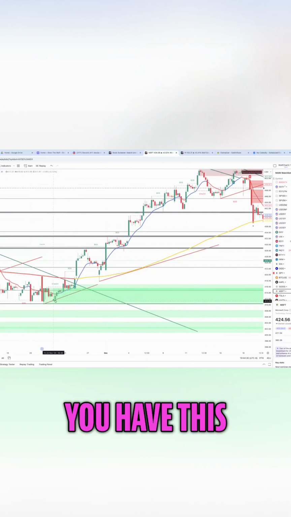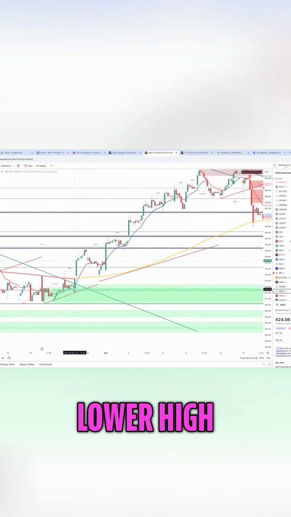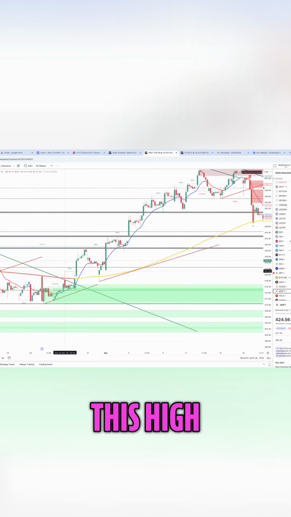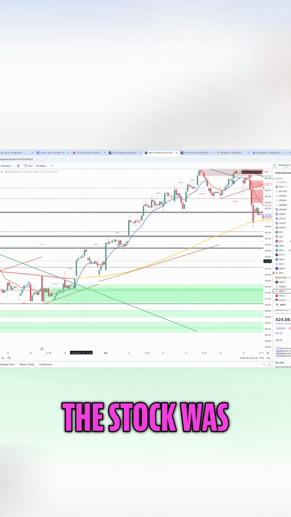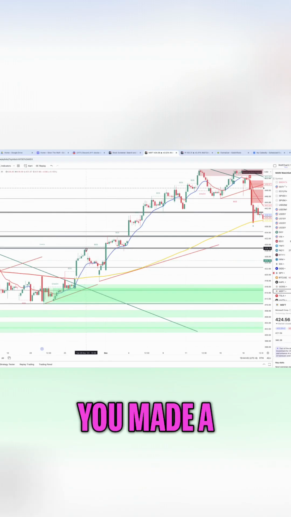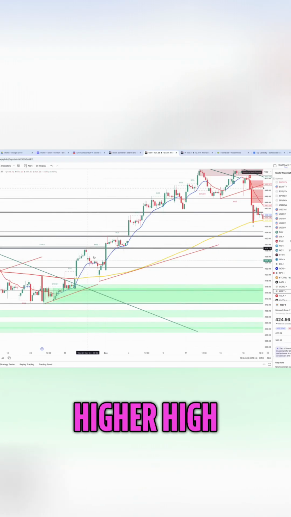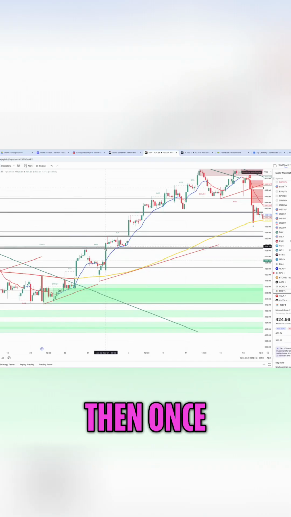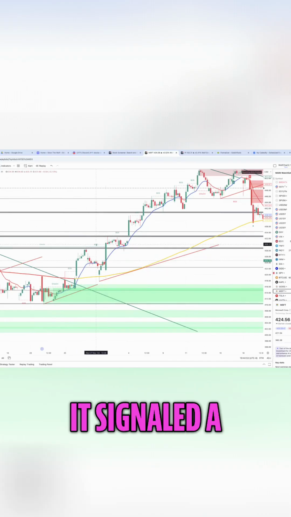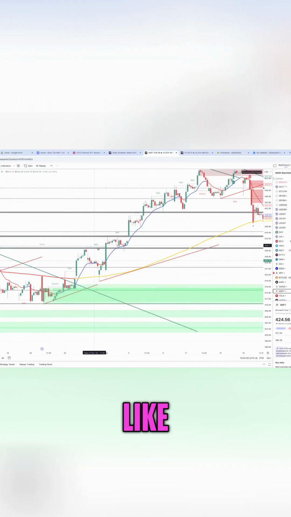So you have this high, then you have a lower high. Then since you broke this high, the chart signaled that the stock was about to go higher. And you came down, you made a new high. You came down and made a higher high, then you made a higher low. Then once this counter broke this higher high, they signal a breaker structure, and this happens in real time,